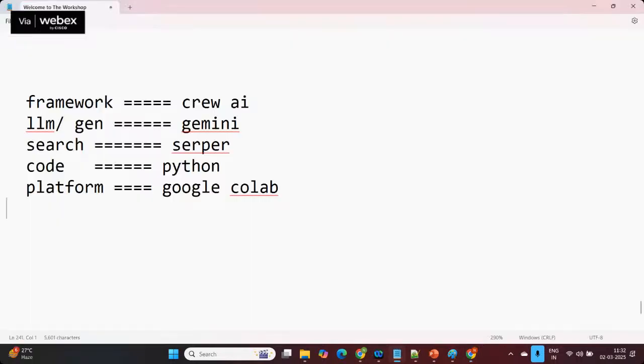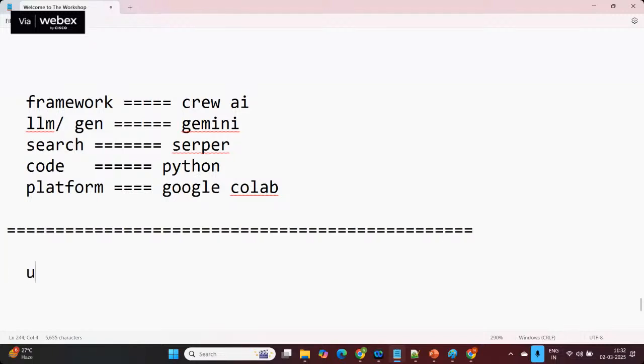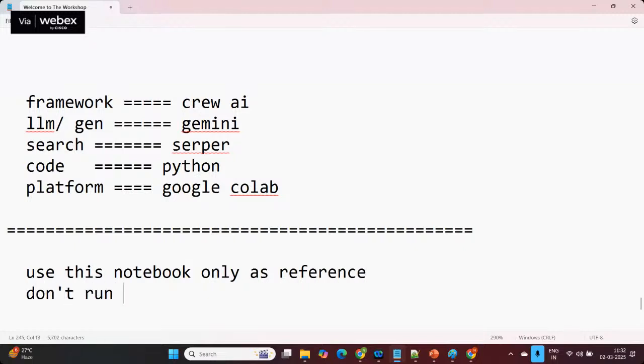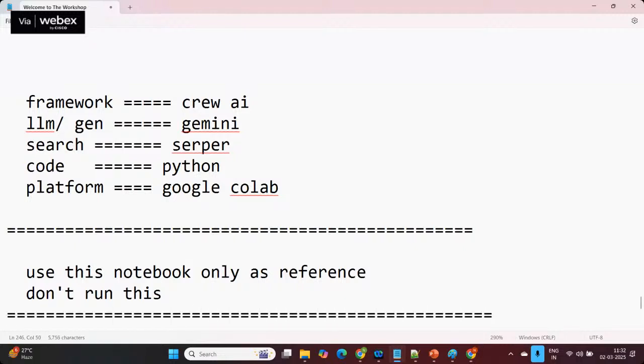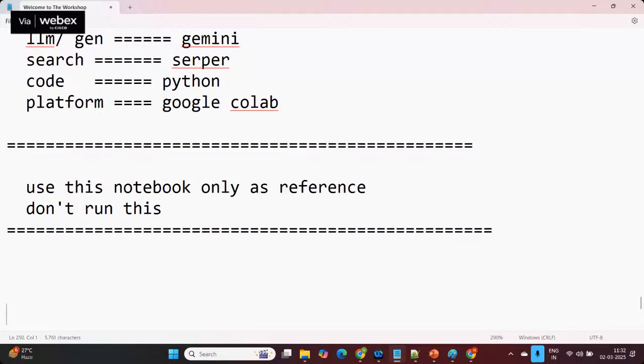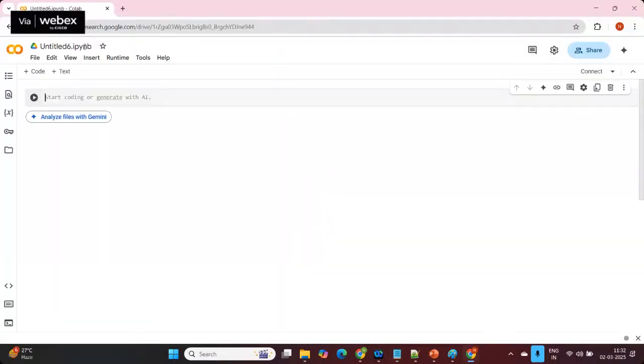Now, use this notebook only as a reference. Don't run this notebook, because you need to understand the coding also. You need to understand the code also. For that,